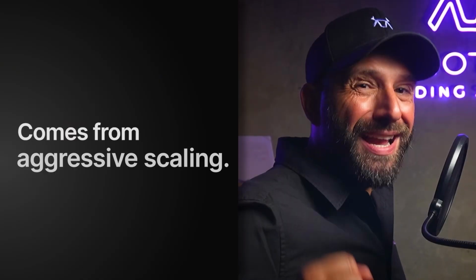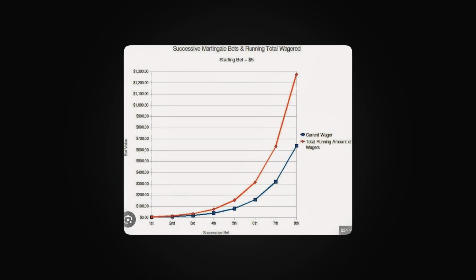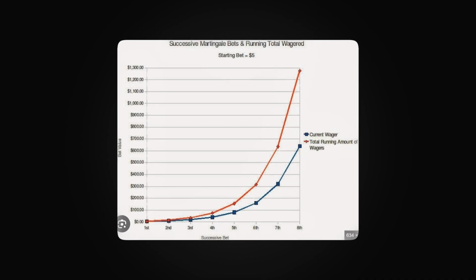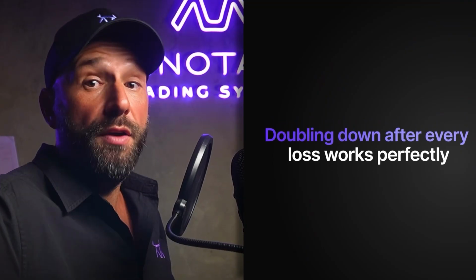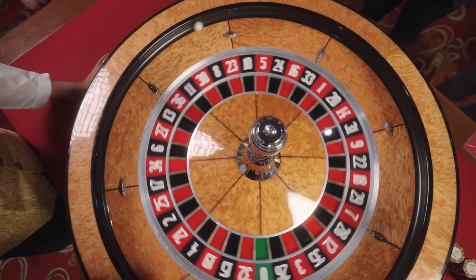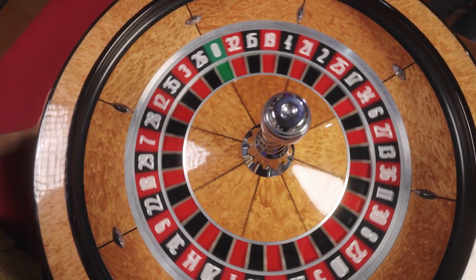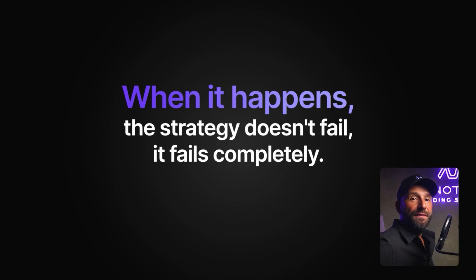And the next one is that scaling must be defensive. One of the most dangerous failure modes in trading systems comes from aggressive scaling. Many approaches increase position size as price moves against them, in what's called a martingale strategy. Now this logic is often dressed up as risk management, but structurally a martingale is very different. The martingale problem is well understood outside of trading. In roulette, for example, doubling down after every loss works perfectly until it doesn't, because getting 20 reds in a row is unlikely, but it is absolutely possible.